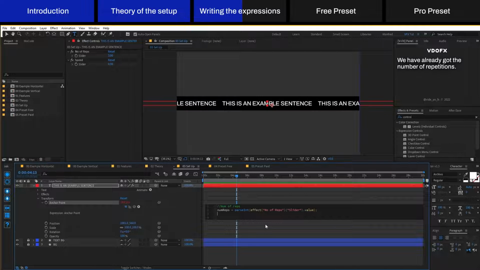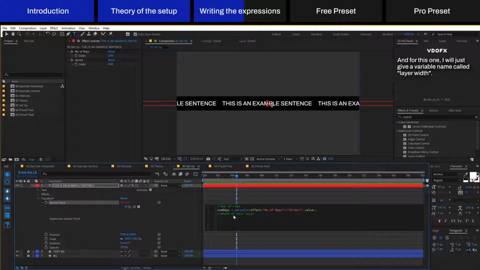Next line, we have already got the number of repetitions. We know this will be 3. And the next one we need to get is the entire width of this layer. So we're going to use a very useful expression called sourceRectAtTime. Let's just add a new comment first. I'm going to say width of text layer. And for this one I'll give a variable name called layerWidth